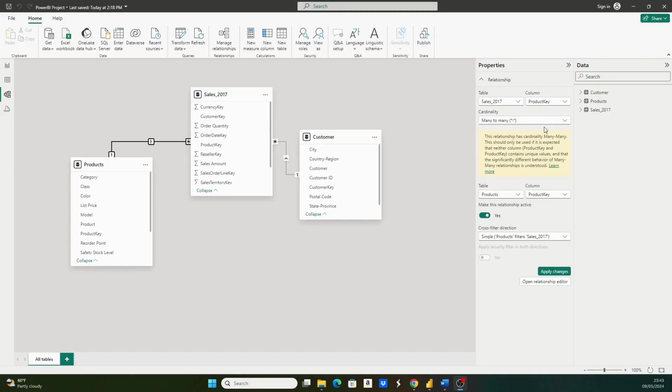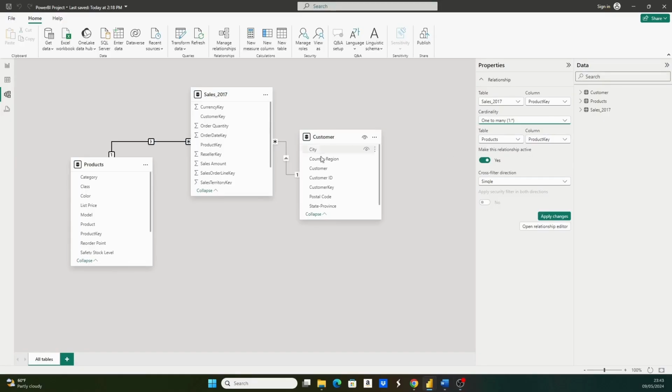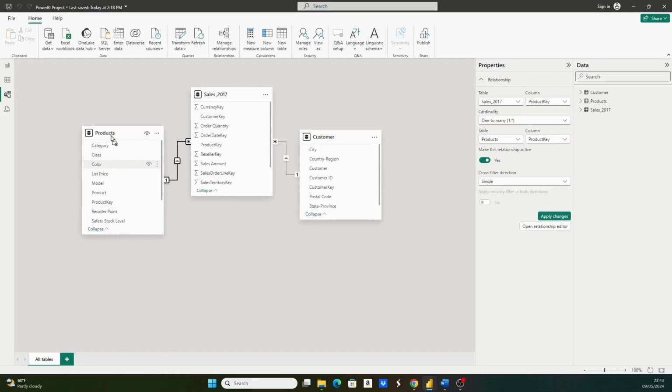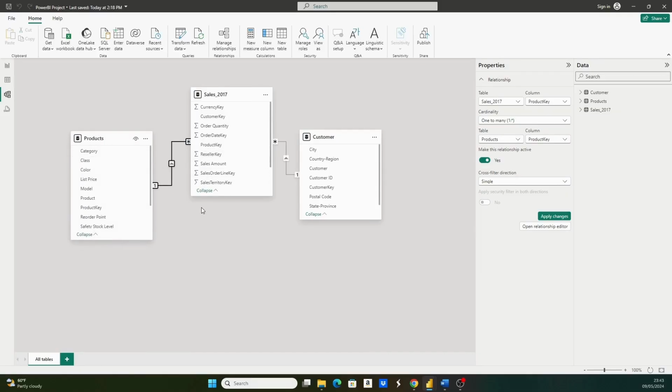Keep in mind that it's important to have one to many, one here and many here, because it's a fact table, so the values can repeat here, but here we want to have full control for filtering the values, right? All right, it's not that hard to understand, and let's move to the next concept, which is the date table